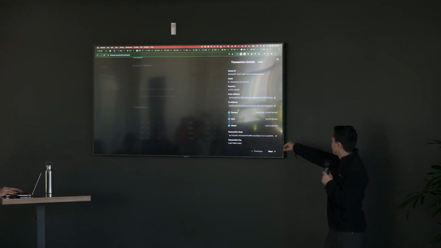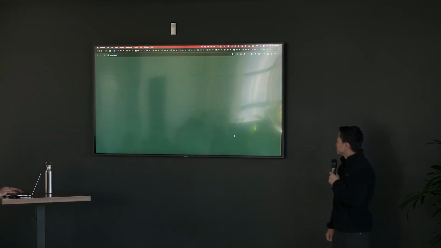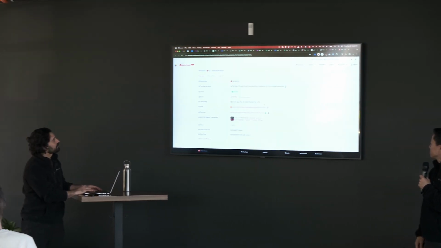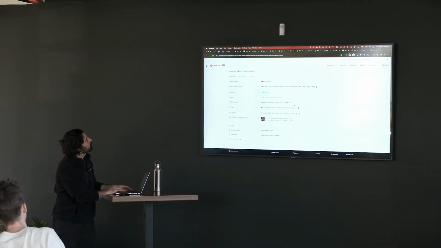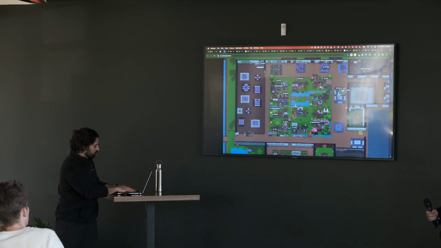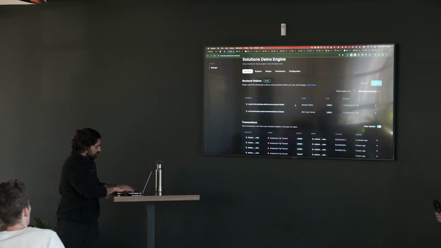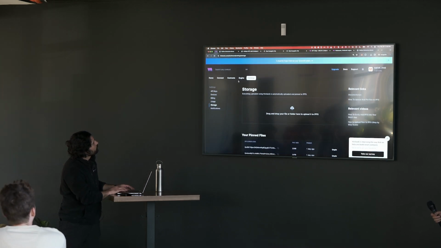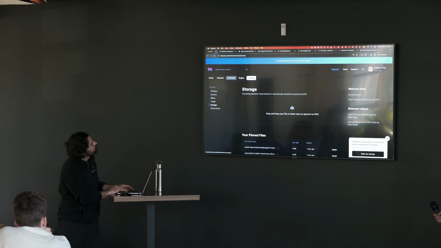Yep, we're here. We can go open up that transaction hash. We see the success. We see the NFT is minted. Then if we look at the actual contract, let me open this up in a new tab.